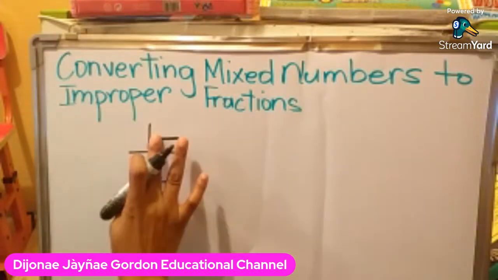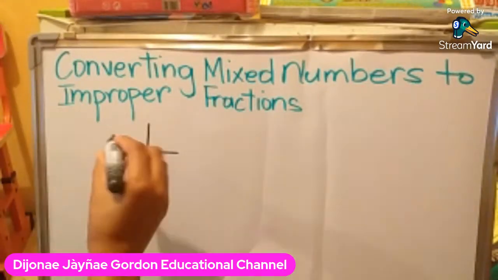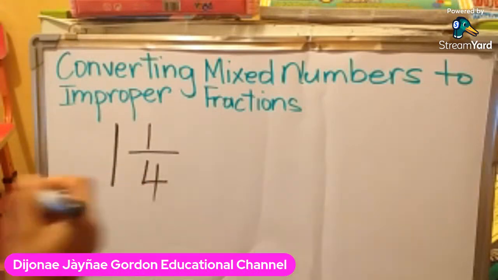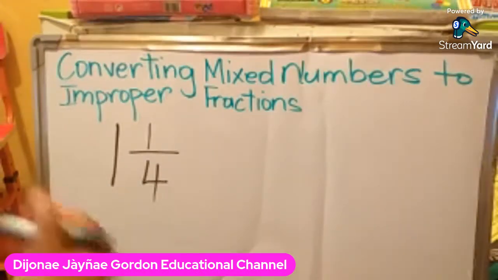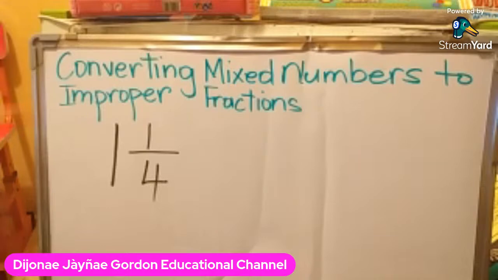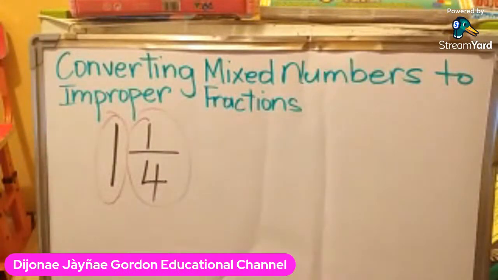All right. What is a mixed number? A mixed number has a whole number and a fraction. So we say that a mixed number is made up of a whole number and an improper fraction. Here is the improper fraction and here is the whole number. When we are converting from a mixed number to an improper fraction, there are some steps that we must follow. First,